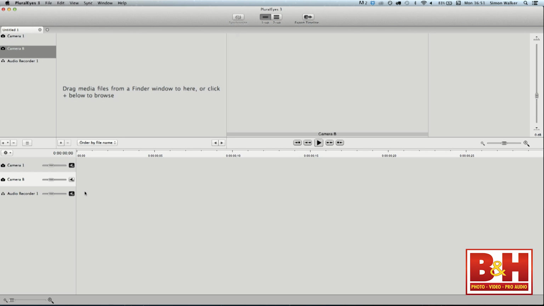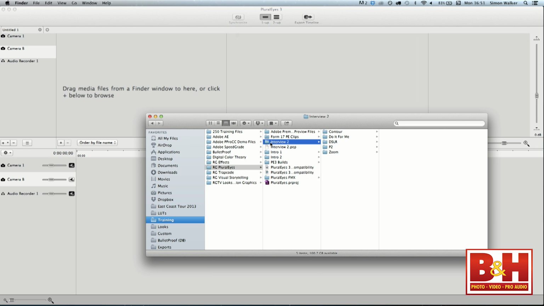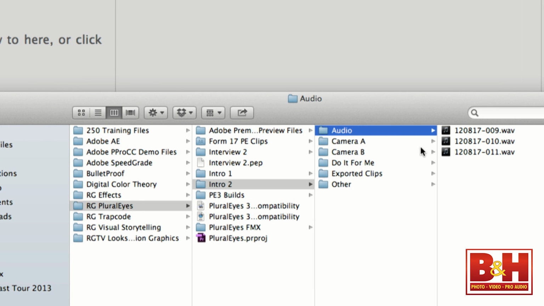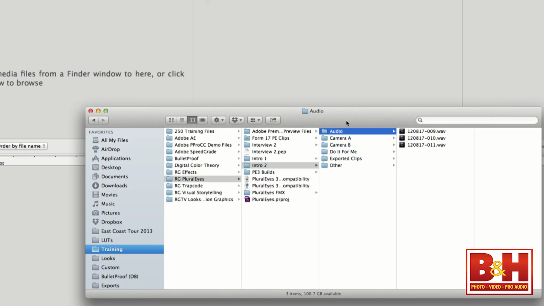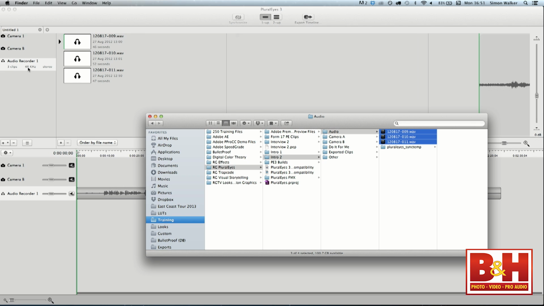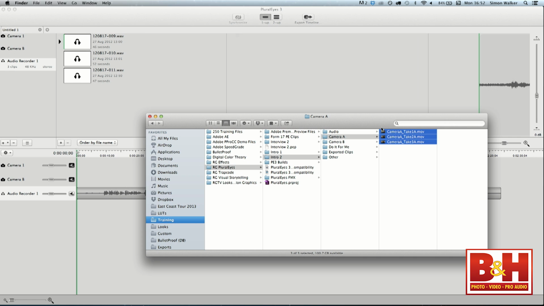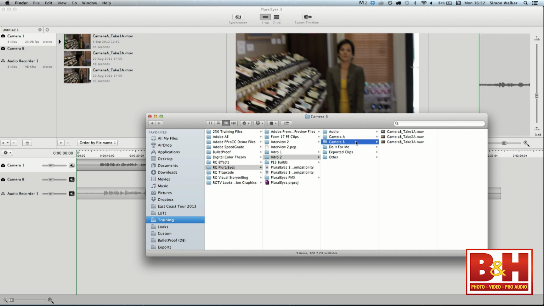So, okay, we've got 2 bins and we've got a Finder window. We're going to drag in an interview. I've got an audio bin, I've got a camera A and a camera B. So from audio, I'm going to drag those clips into my audio bin. Those are audio clips recorded on the external recording device. And then over in the camera here, camera A, I'm going to drag that to camera 1 and camera B